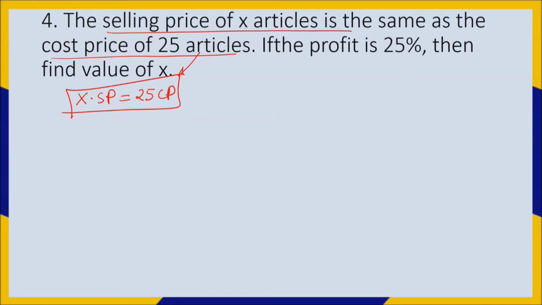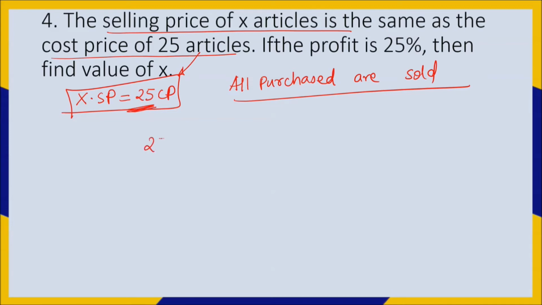ठीक है, एंड इफ द प्रॉफिट इज 25% देन फाइंड द वैल्यू ऑफ x। यहां पे सबसे बड़ा असम्पशन है दैट ऑल परचेज्ड आइटम्स, ऑल विच यू हैव परचेज्ड, दे आर सोल्ड। जितनी आइटम्स खरीदी है उतनी आइटम हमने बेची है, दिस इज इंपॉर्टेंट। चलिए ग्रेट, तो हम यहां से एक बहुत मजेदार सा काम करेंगे, हम यहाँ पे असूम करेंगे दैट वी हैव टेकन जैसे 25 आइटम्स और हमने सभी आइटम्स बेच दी। सो हमने जब 25 आइटम खरीदी थी तो हमारा कॉस्ट हुआ था